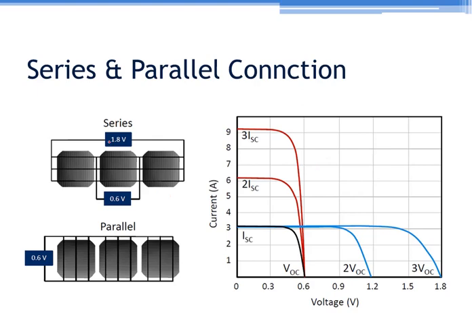Now the first part is series connection. Here you can see that if 3 solar cells are connected in series, their voltage will be 0.6 plus 0.6 plus 0.6. So this voltage will keep on adding. So here it is 1.8 volt. So the voltage is 1.8 volt up to this, and the current is constant. So the current is not changed. But if you add them in parallel, you will see that the voltage is constant here at 0.6 volt, but the current is increasing. So the current is 3 times the short circuit current. Individual current is, let's say, 3 ampere. So after connecting 3 solar cells in parallel, the current will become 3 times 3 ampere, that is 9 ampere. So it is highlighted here.